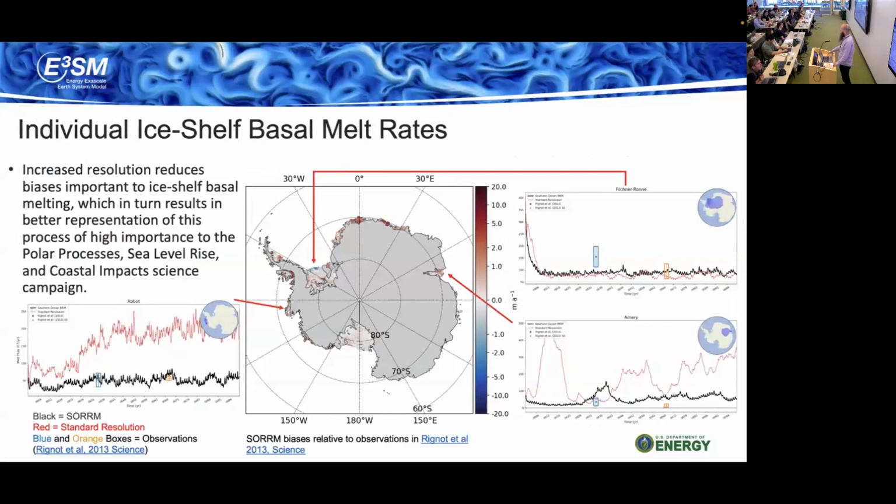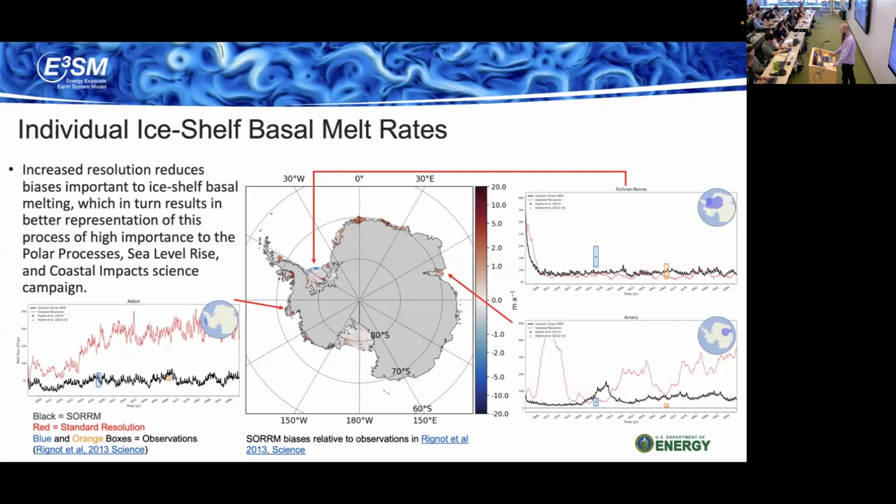And so to look at a few different time series of what these ice shelf basal melt rates look like in the Southern Ocean regionally refined configuration and low resolution, I'll start with the figure on the bottom right. The Amery ice shelf is one of the ones that we have trouble with, where the model is consistently warm there. In the low resolution configuration, you can see these huge swings, orders of magnitude beyond present day observations, which are the tiny blue and orange bars at the bottom for scale.